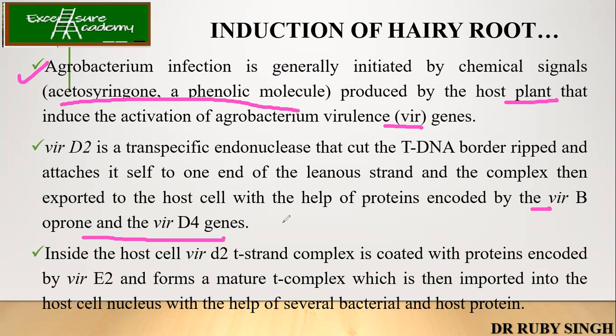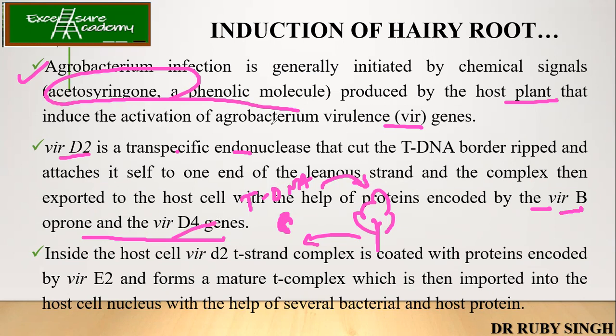First of all, there is a bacterium. The plant is attracting the bacterium by releasing this chemical called acetosyringone. Now this bacterium gets activated and activates its virulence genes. What are those virulence genes? It is the VirD2 endonuclease, which will cut the T-DNA part from the Ri plasmid, and it will help in transporting it to the host plant. This is done with the help of the virB and virD4 genes. I hope this much is clear to everyone.